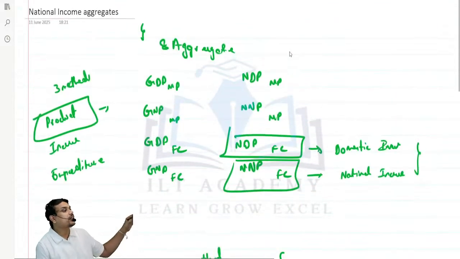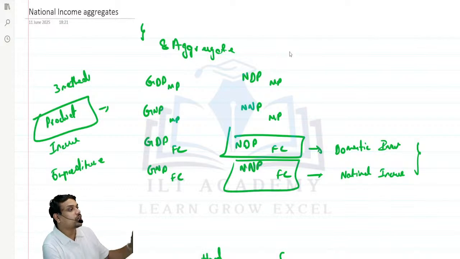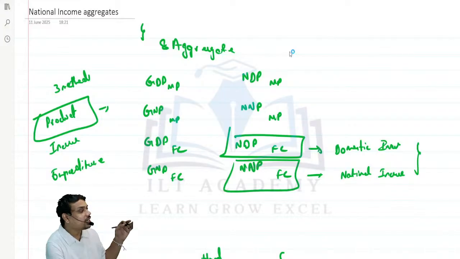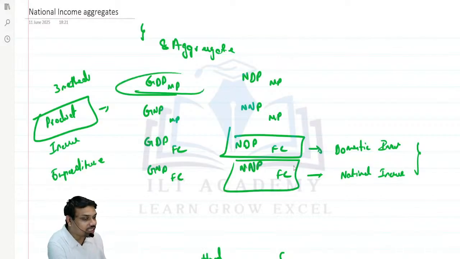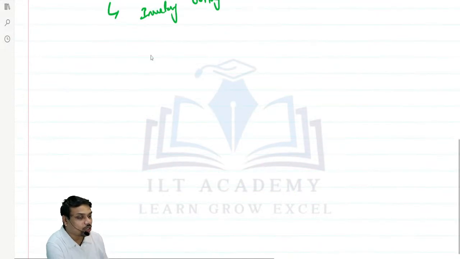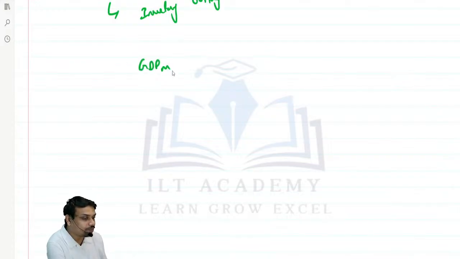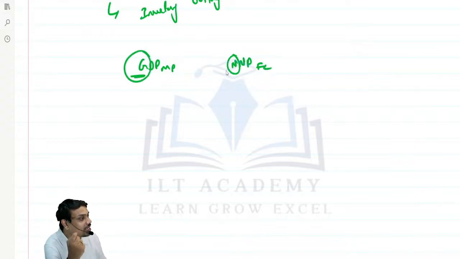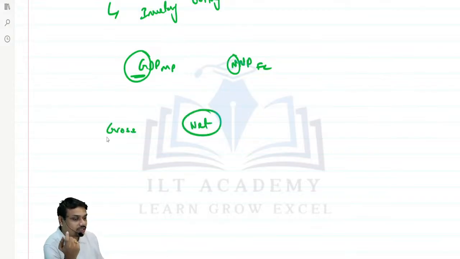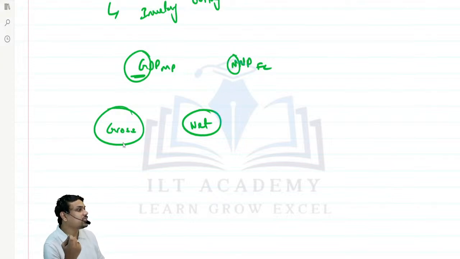okay, how many aggregates do we have? 8. what are they? GDP MP, GNP MP, NDP MP, NNP MP. फिर सेम विथ एफसी, एफसी, एफसी, एफसी. सर वाई दिस इज टोटली डिफरेंट विथ दिस एनएनपीएफसी? ऐसा क्यों डिफरेंट है? देखो, एक हो गया जीडीपी एमपी और हो गया एनएनपी एफसी. राइट? यहाँ पर आप क्या देख पा रहे? फर्स्ट वन इज नथिंग बट व्हाट? ग्रॉस. सेकंड इसमें क्या? नेट. सर ग्रॉस एंड नेट, व्हाट इज ग्रॉस, व्हाट इज नेट?